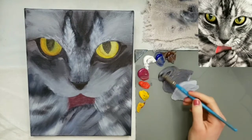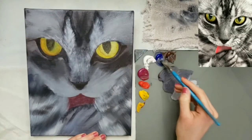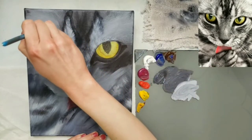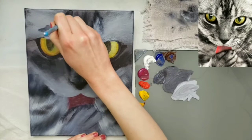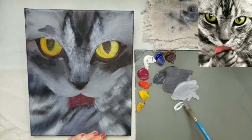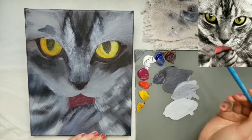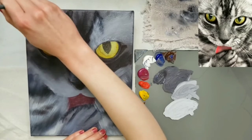Alright, now I'm going to get some of the kind of darker, not too dark. It's not that much darker, but get some, and I'm going to do some darker spots. Alright, getting more white, and all in here. I'm going to do it